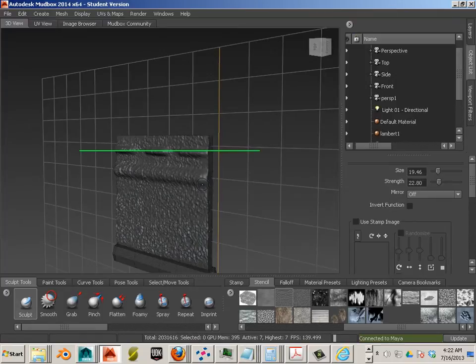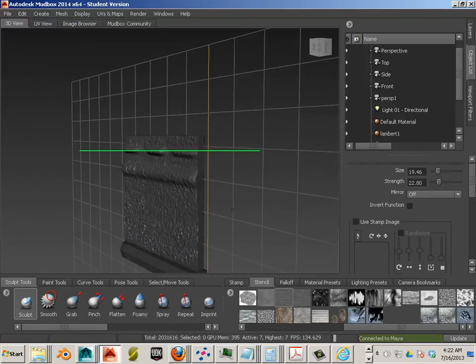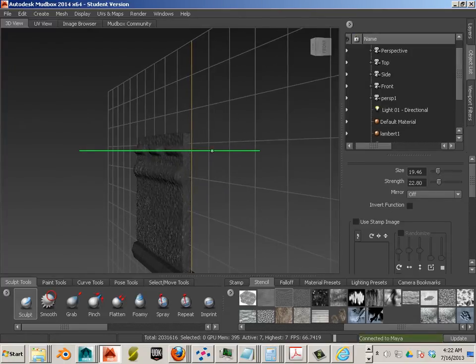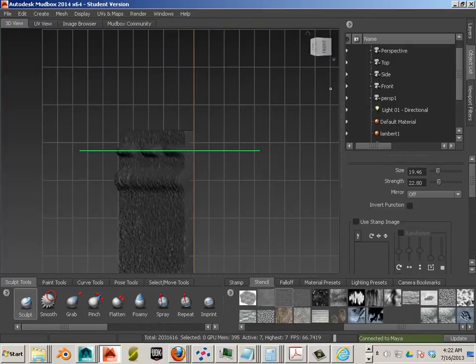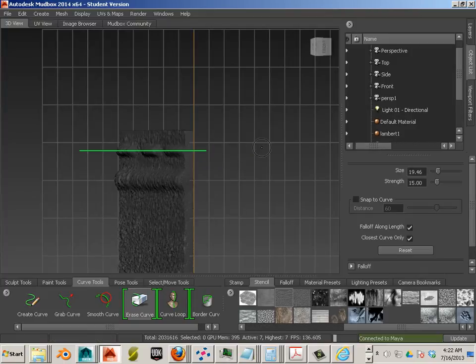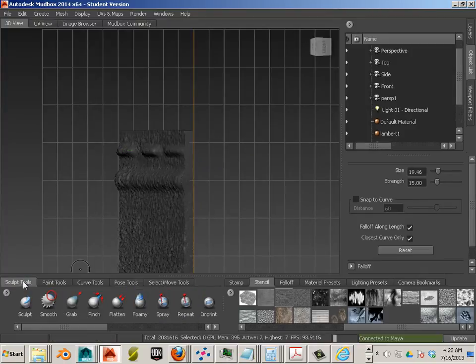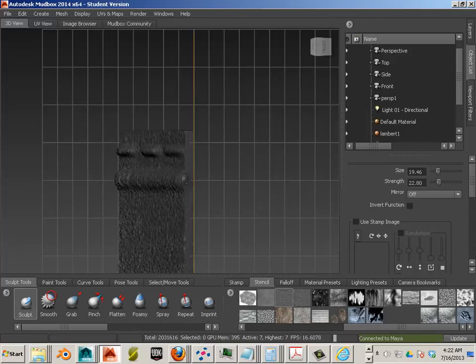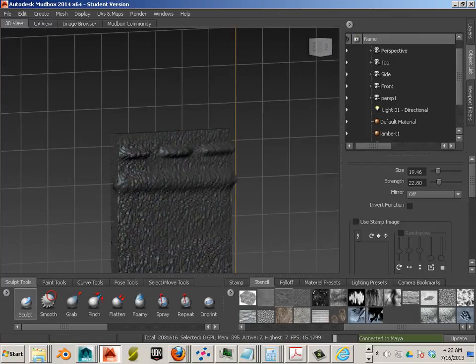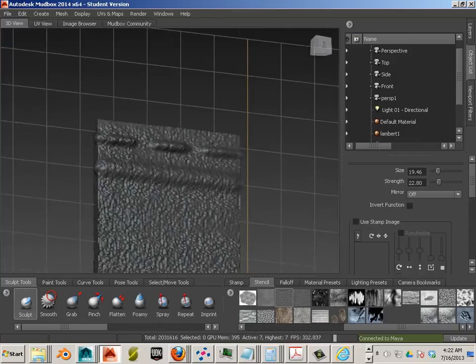Remember, I'm thinking about tileability too, so turn off perspective, go to orthographic, and I'm going to go into the curve tools and erase curve. Get rid of that. Notice it functions a lot better now. So what I'm doing is over-exaggerating these end caps, so when it does mirror over,